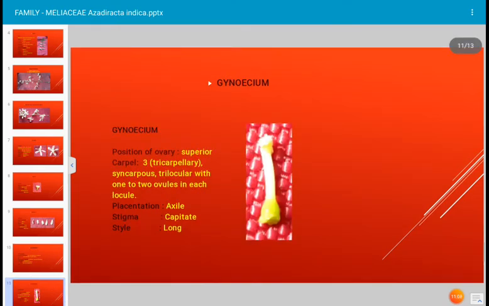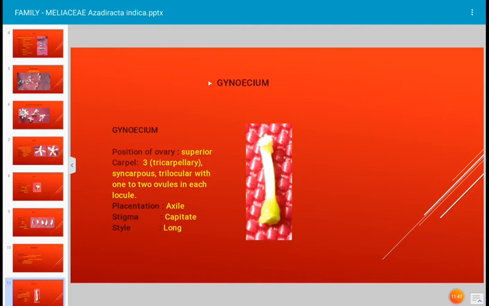Next, this is the female part of the flower, that is gynoecium. Gynoecium consists of ovary, style and stigma, three main parts, and the position of ovary we have already discussed, that is superior ovary. If you take the section of the ovary, there are three carpels present. Hence the ovary is described as tricarpellary. Tri means three, carpels are three. The carpels are united, hence it is described as syncarpous condition. Locules are three, a three locular ovary. There are three locules in the ovary, hence it is trilocular ovary.